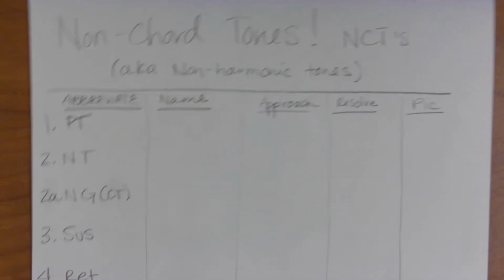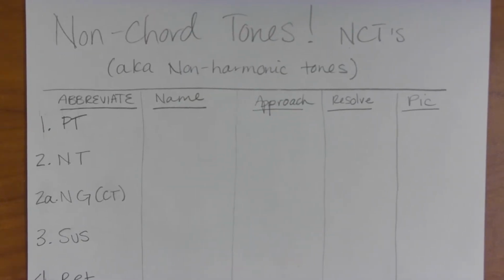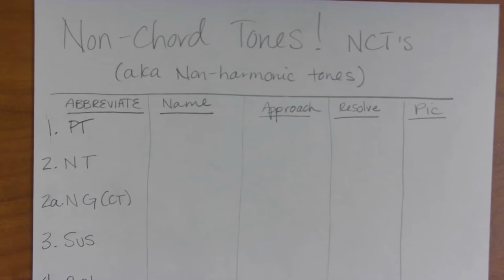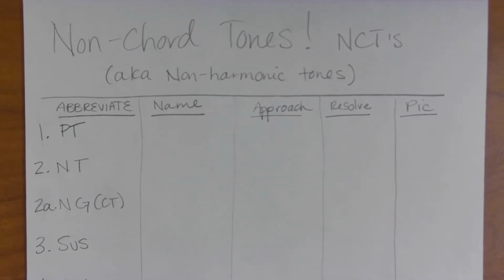So if you want to go ahead and pause the recording for a second to create this chart, and then I'll actually slide it up and you can put all of them in there. So again, you're going to need 5 columns: the abbreviation, the name, approach, resolve, and a picture. Okay, so I've got essentially 8 on here, but one is kind of related to the other,